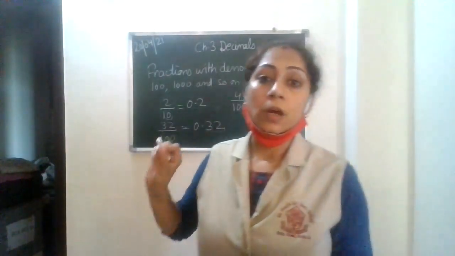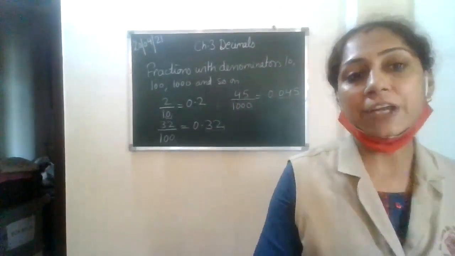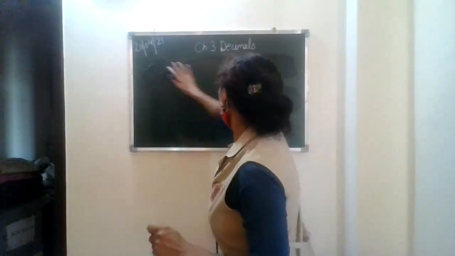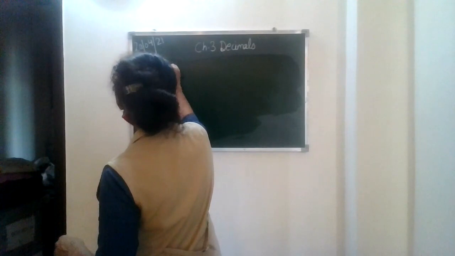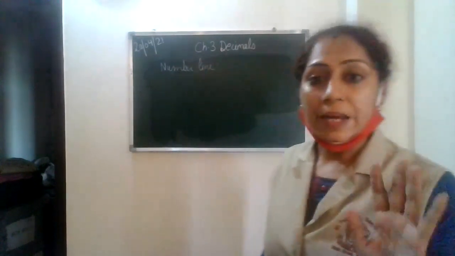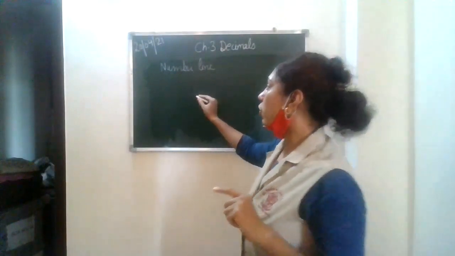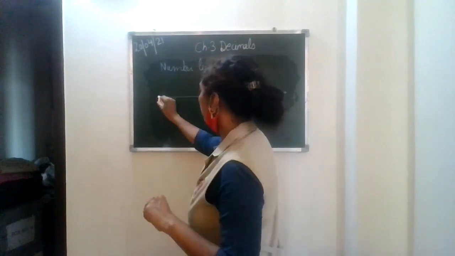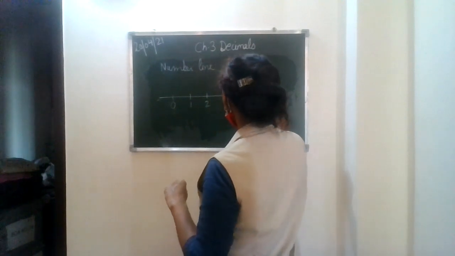Right? Now, the next is the representation of decimals on the number line. See here now. Everybody knows you draw a number line with the help of a scale, right? I did integers with you. So likewise, this number line you have to draw with the help of a scale like this. Marking would be the same. 0, 1, 2, 3, 4, 5.